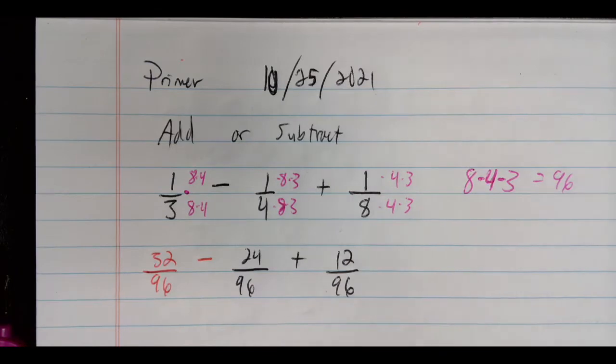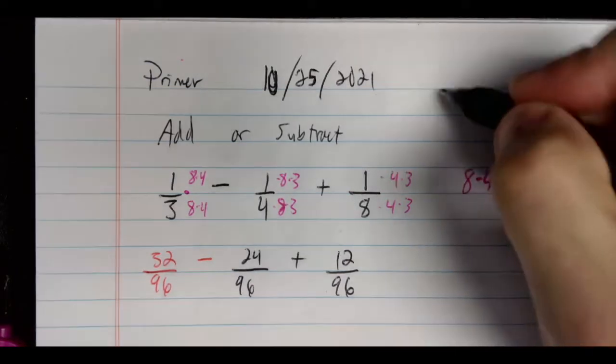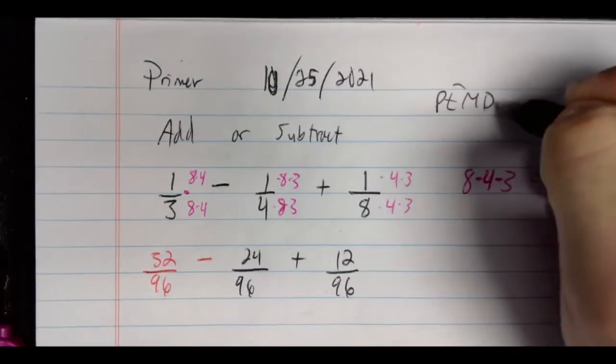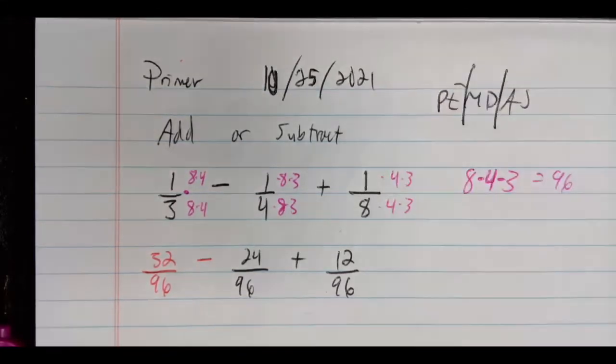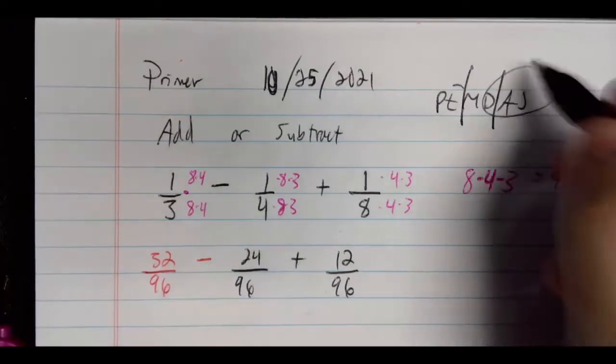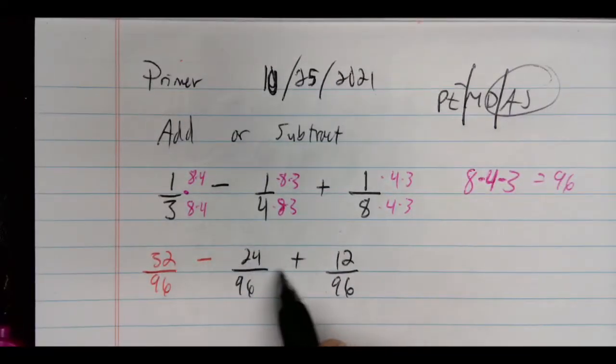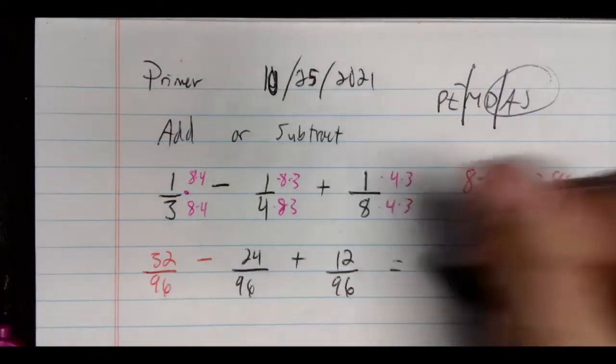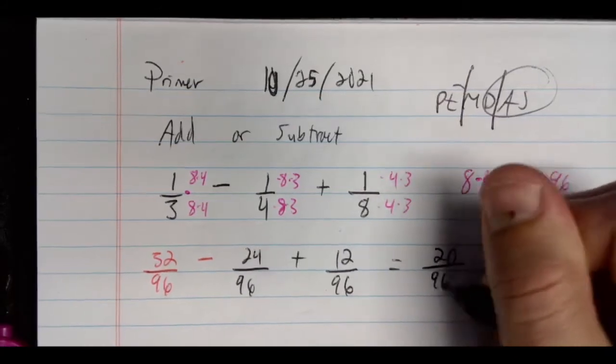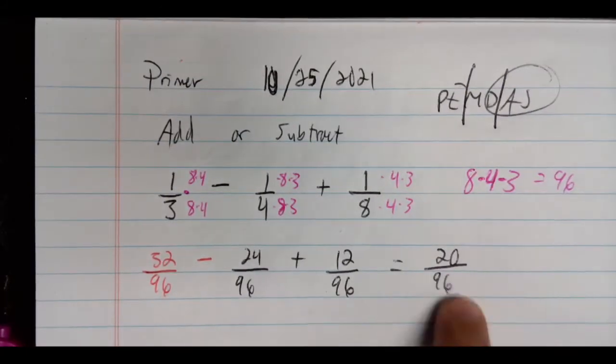It doesn't matter in this case, because they're both part of the section right there with addition and subtraction. We go left to right. So we're going to subtract first. 32 minus 24, that's 12. I'm sorry, that's 8. 8 plus 12, 20 over 96. Now the fact that we can reduce this probably means we didn't find the LCD, as some of you are already hinting at. But 20 over 96,